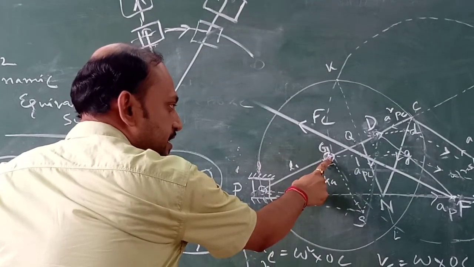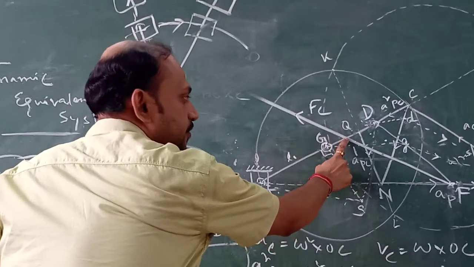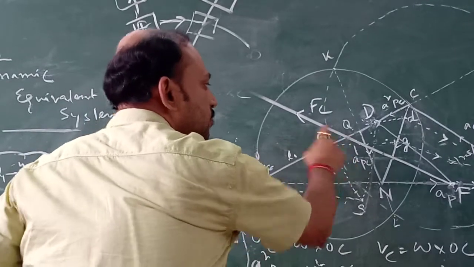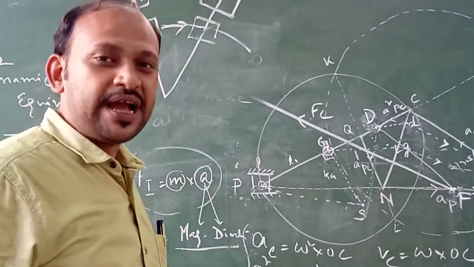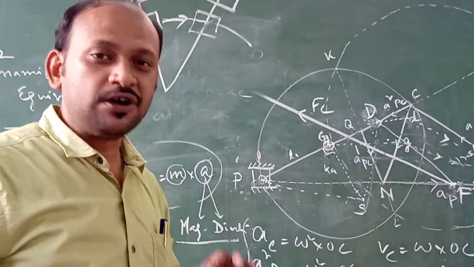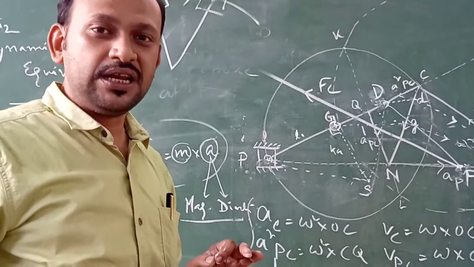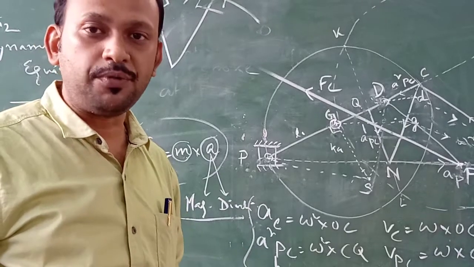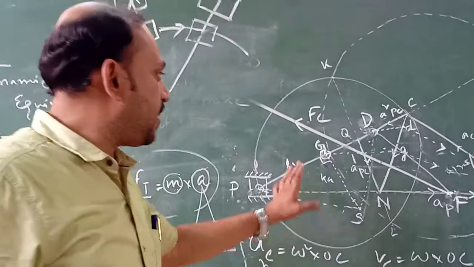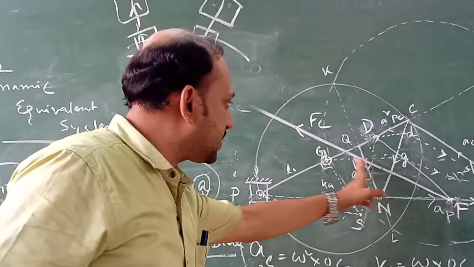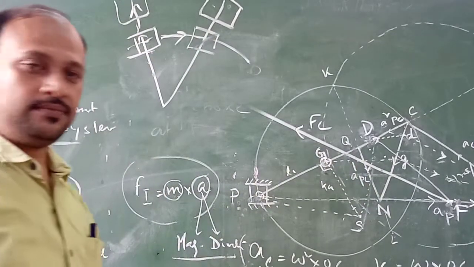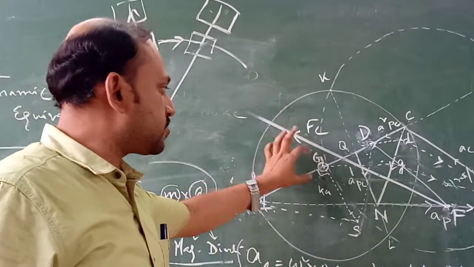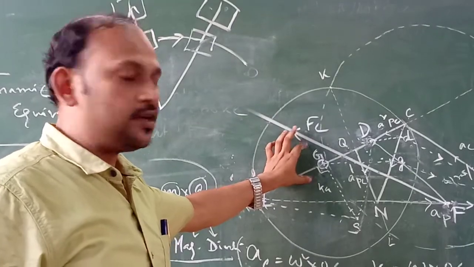Same thing is happening here. This is the total center of gravity, but it is being shifted. Why? Because of this Coriolis component of acceleration. At any point of time, it will not have any pure tangential component or any pure rotational component. That will be a mixed component. Clear? That's why this gets shifted. So this gives us the direction of the inertia force on the connecting rod. Next part.